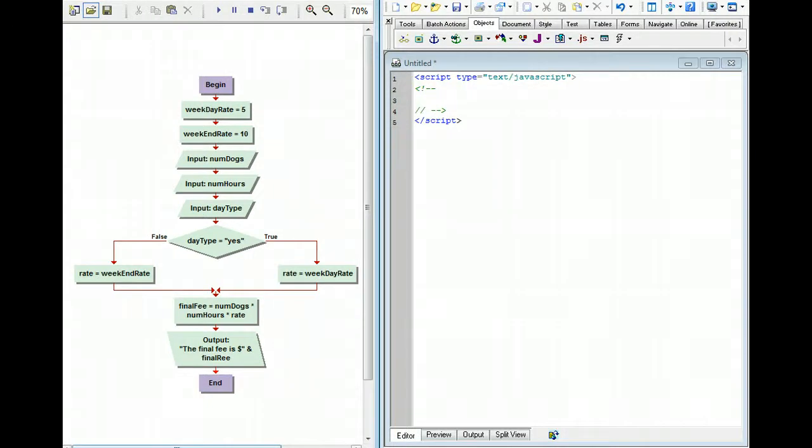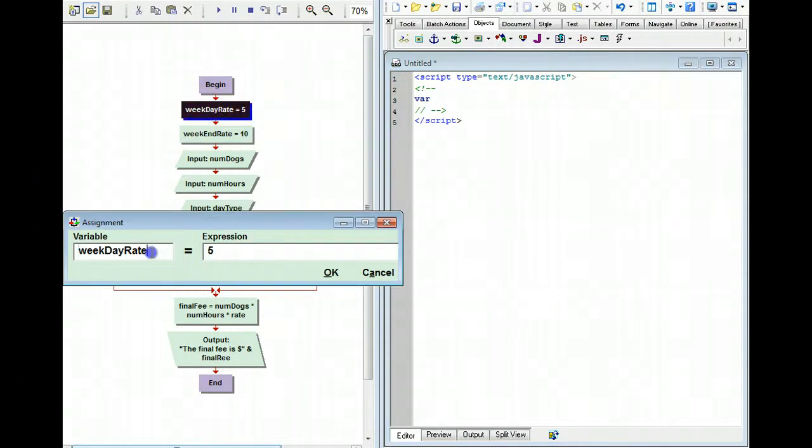Let's go ahead and code the flowchart that we have created. So we always start at the top, and the first thing we have to do is set our places in memory. We do that with the keyword var, and we have weekday rate. So if I open up weekday rate and copy this, Control C,